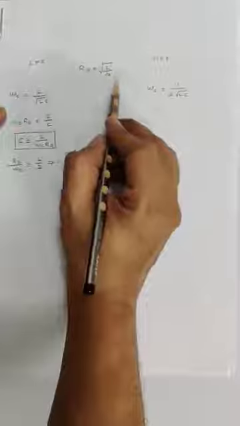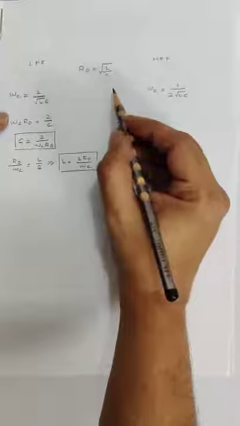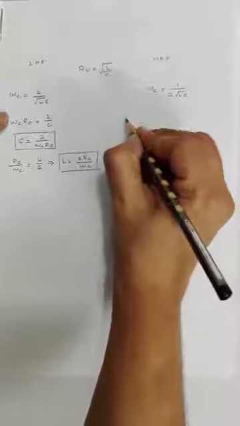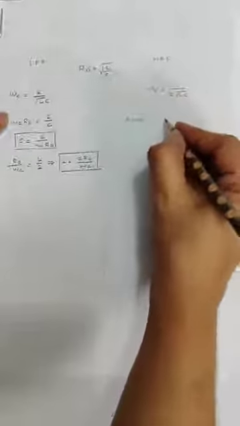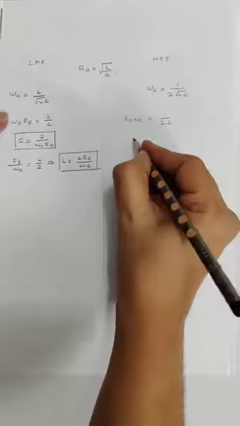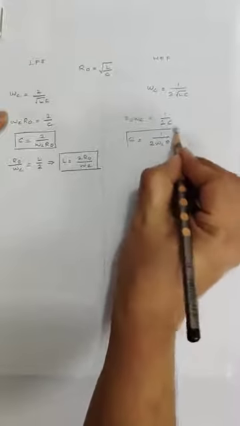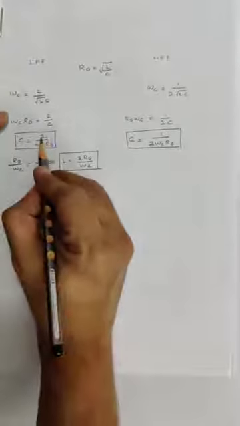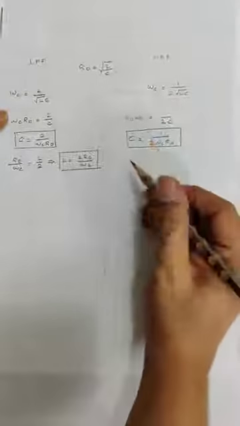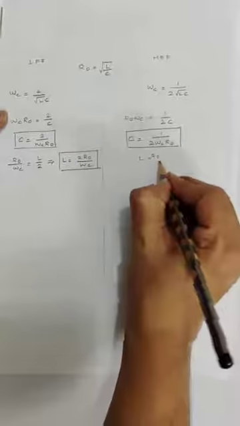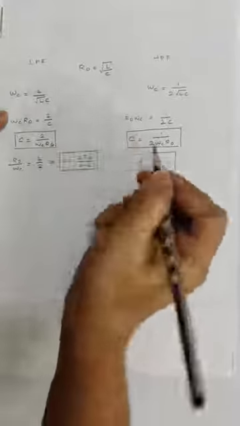Similarly, we can use these two equations and we can derive the formula for the L and C in high pass filter. Now here, if you multiply R0 and omega C, you will have this root L will get cancelled and 1 by 2C. So this will give me the formula as C is equal to 1 upon 2 omega C R0. The difference over here is, here 2 is in the numerator while here 2 is in the denominator. Similarly, one can derive the formula for the inductor in high pass filter as R0 by 2 omega C. So remember these four formulae.